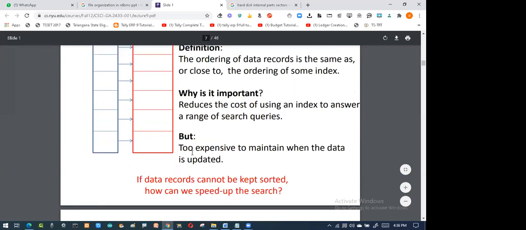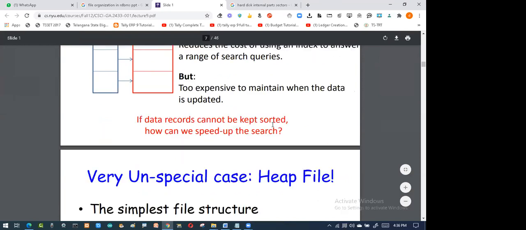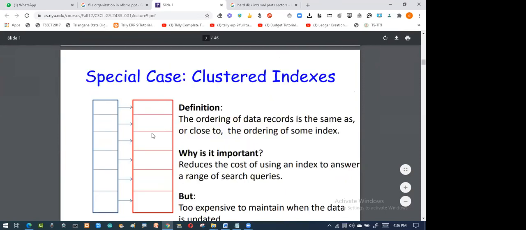Then what is happening over here? It is too expensive to maintain when data is updated, because whenever I put in data I need some more expense. Why? Because if the data records cannot be kept sorted, how can we speed up the search? So the data you are putting in should be arranged properly and categorized.